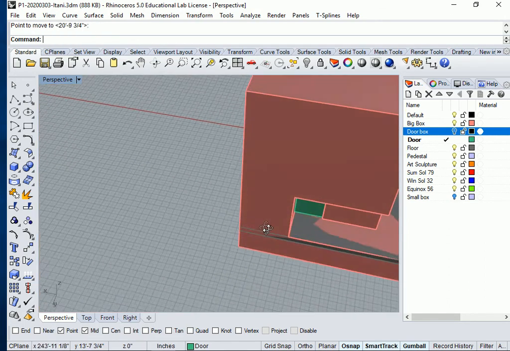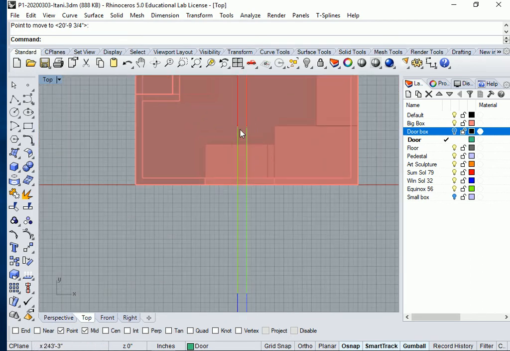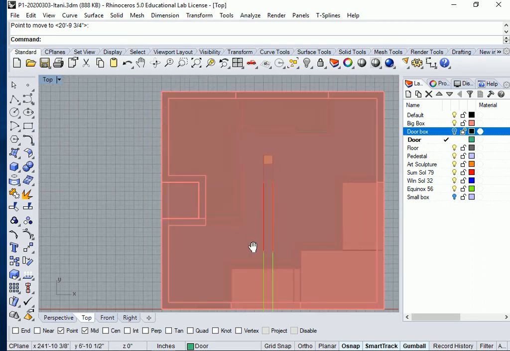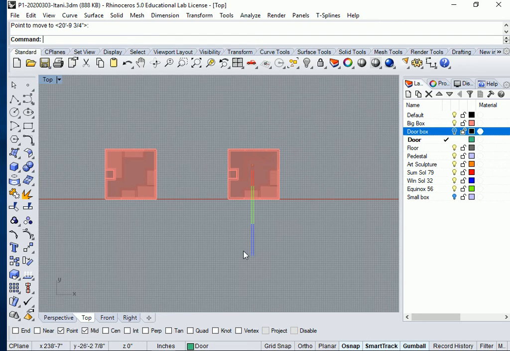Right? Now that's believable. Let's go to our top view and see where our door is, right there. You can kind of see. Actually, I'm going to do something here that you don't have to do yet, but